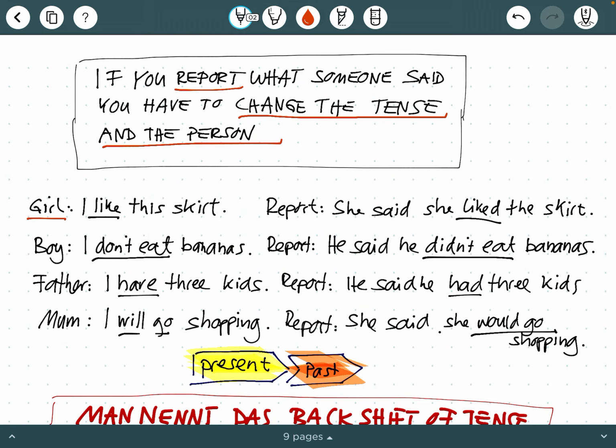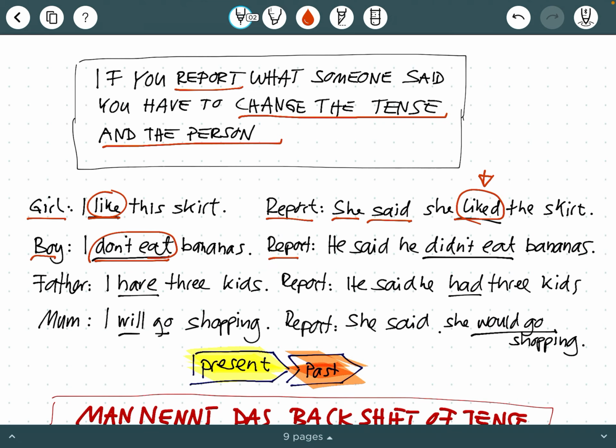A girl says, "I like this skirt." Someone reports that she said she liked the skirt. Like becomes liked. And next example, a boy says, "I don't eat bananas."